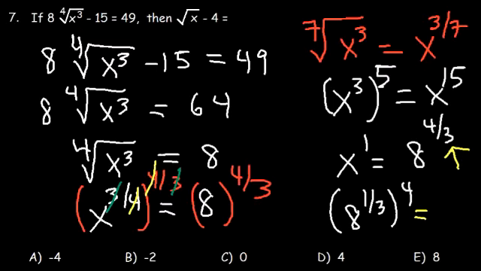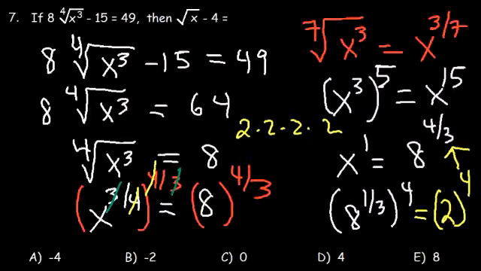So now we have to find out what 2 raised to the 4 is. 2 to the 4 is basically 2 times 2 times 2 times 2. 2 times 2 is 4. And the other 2's on the right side is also 4. So 4 times 4 is 16. So 2 raised to the 4th power is equal to 16, and therefore